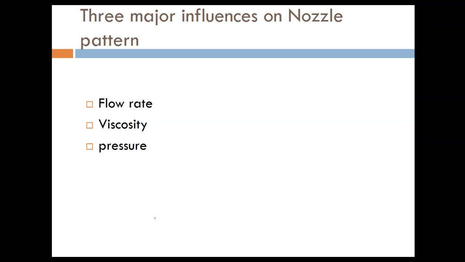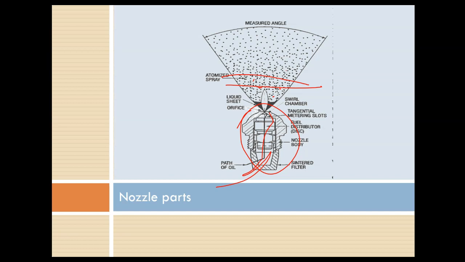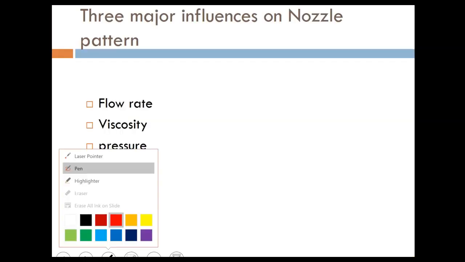So, three major influences on a nozzle pattern. By the pattern, we mean the spray of the nozzle. How does it look? Is it oval? Is it sprayed? Is it a big angle, small angle? It's the flow rate, and the flow rate is determined by